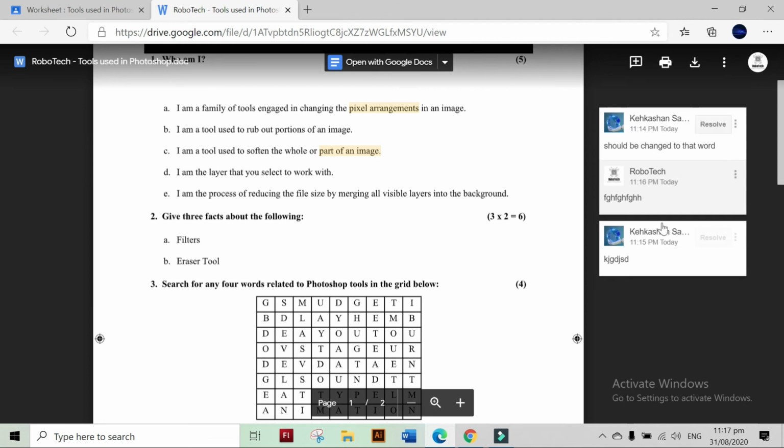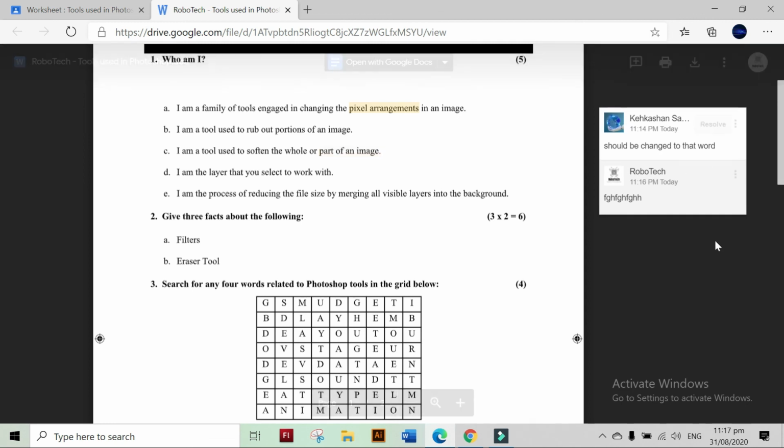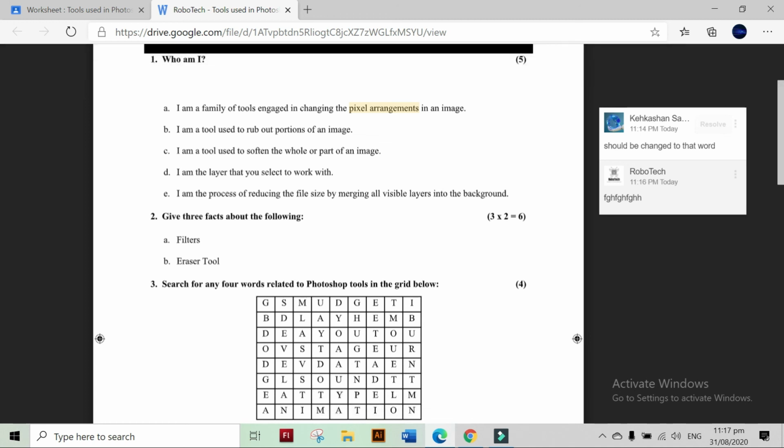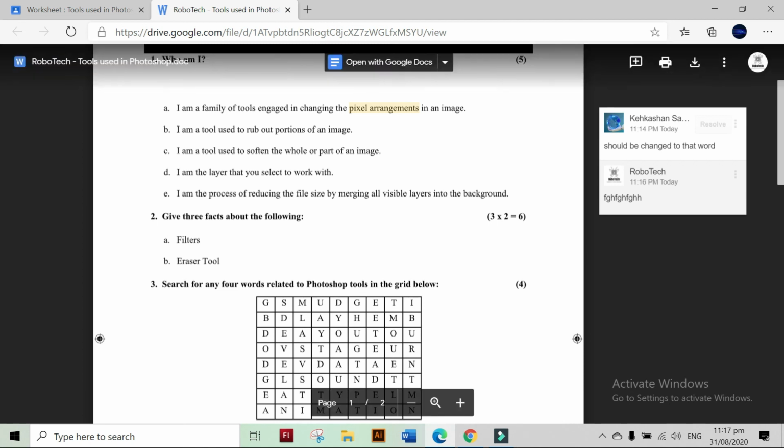And you can make changes, and you can resolve this also. So there are many things that you can do with it. So this is how the cycle continues between the teacher and the student. This is a suggestion for the teachers and for the students, that this is how you can correct the document. This is how the student gets to know the points of improvement in the homework that he or she has done.